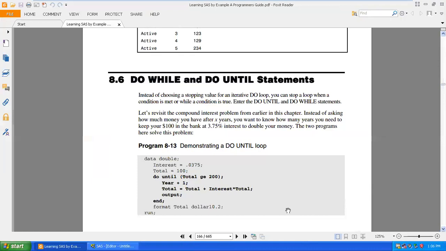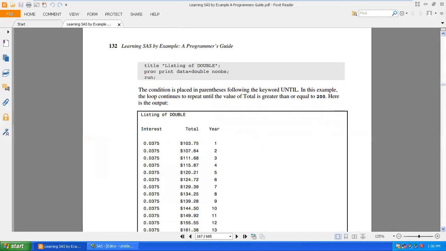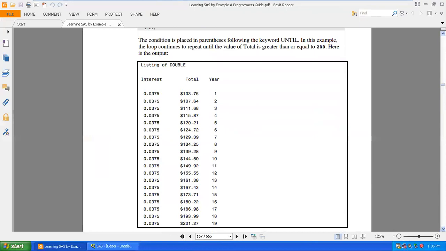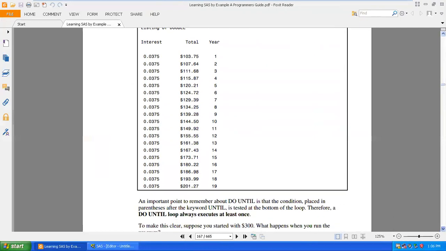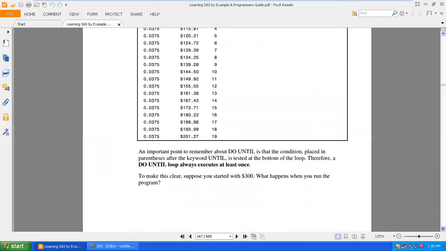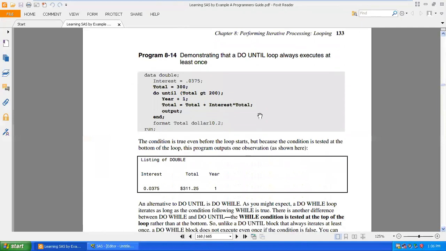Below we are doing no calculation. But in the case of 300, now you're saying total equal to 300, if total is greater than 200. Total means 300 is greater than 200, is there, na? Then execute it, so you'll get only one record.